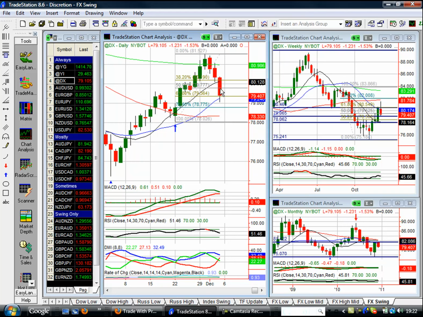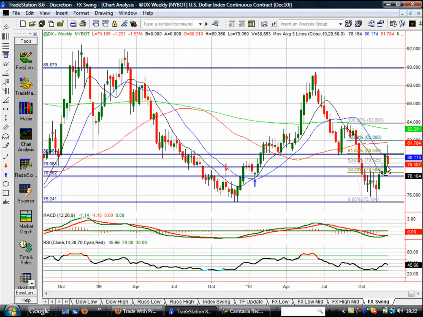Equally though, if you imagine this daily chart doesn't give us that green candle and we break down, especially if we break down through 78, that's also going to be breaking down through last week's candle on the weekly chart, and that is going to be a double confirmation across both the daily and the weekly charts that we're looking like pushing down. My first target, by the way, for a move down would be, I'll be looking at the size of last week's candle and taking that same distance here, so the distance between the low of last week and the high of last week, and projecting that down as our first target.